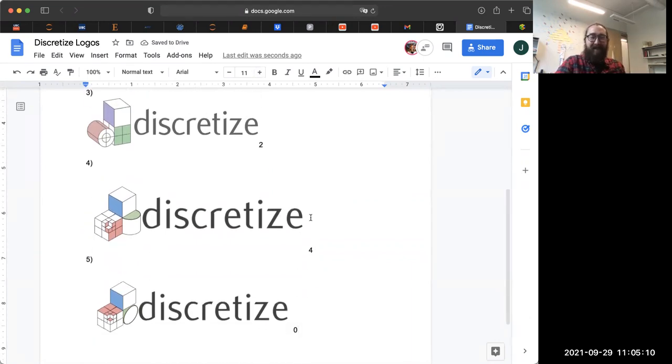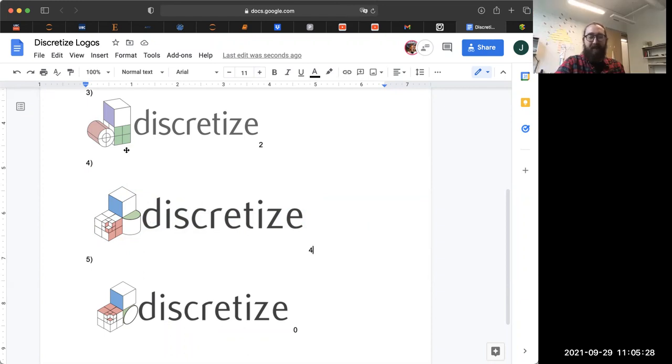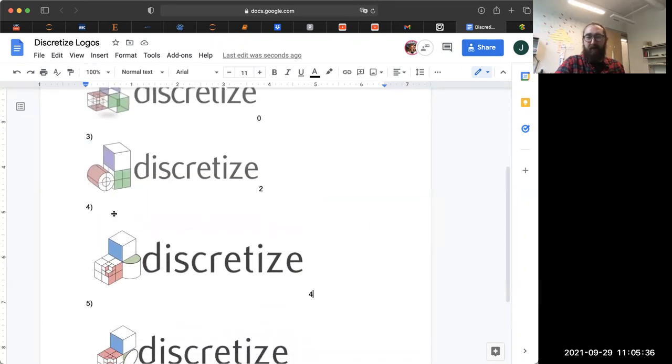So according to Slack, this is the one that we're going to be going with, or at least something very close to that. If everyone is happy with that, I'm perfectly fine with that. It looks like a good discretize logo. Yeah, I like that one too. I will put it into vector graphics and probably go through and make sure that the colors match the SimPEG colors. But other than that, it'll look pretty close to that. I'll vectorize it, get it going. Cool. So we're going to go with this one.